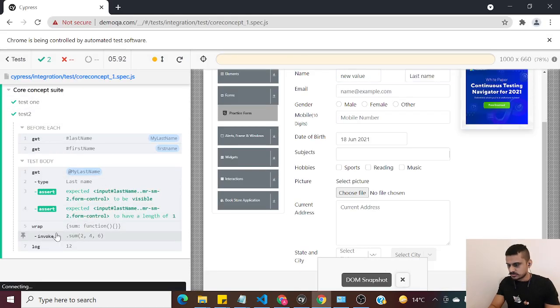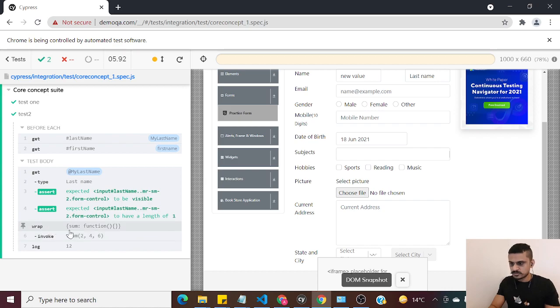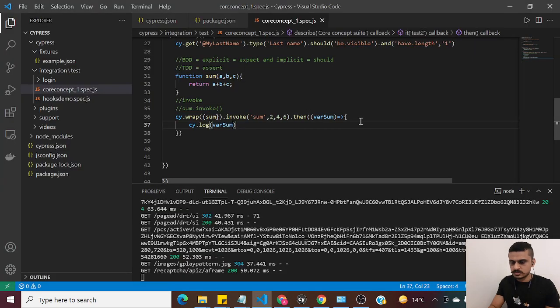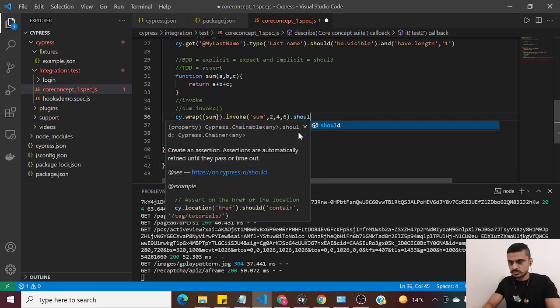It is in test 2. Yeah, so it has wrapped the element sum as a function object, invoked it, and then logged 12, 2, 4, 6, right? So just for your information guys, you can also later do something like that. Once the sum is there right over here, rather than doing this, I can also say dot should